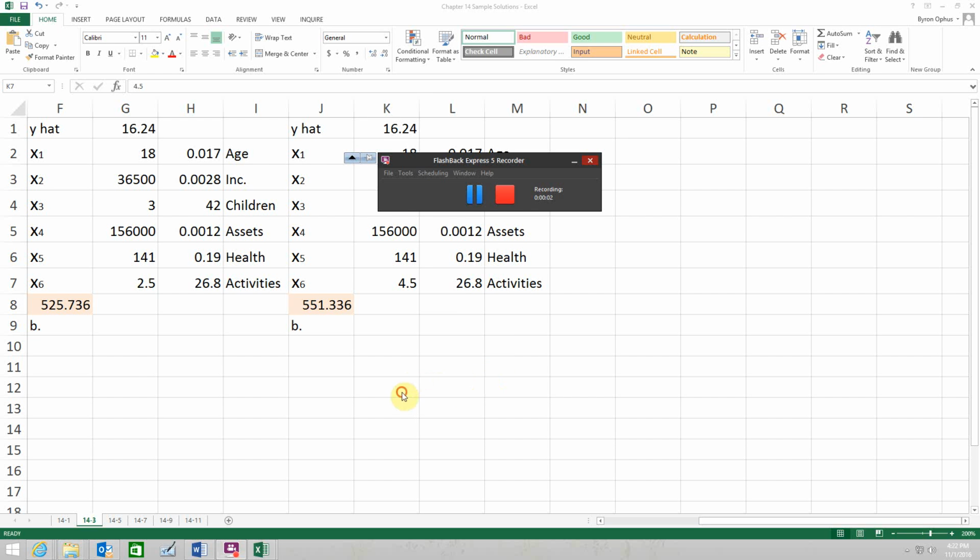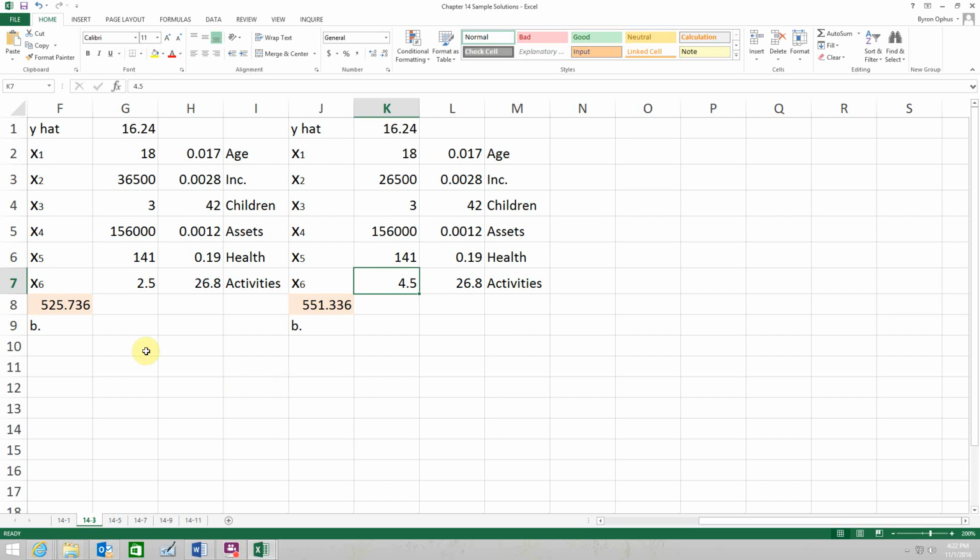So 14-4, actually 4 is a little bit easier here than 14-3, but we'll go through it. So 3 has lots of variables, right? I won't read the whole thing, but it's basically a satisfaction index, and it gives us lots of information. Okay, it tells us that y hat is equal to